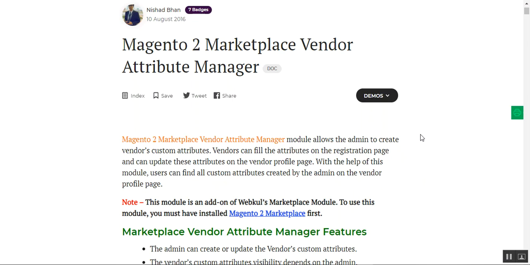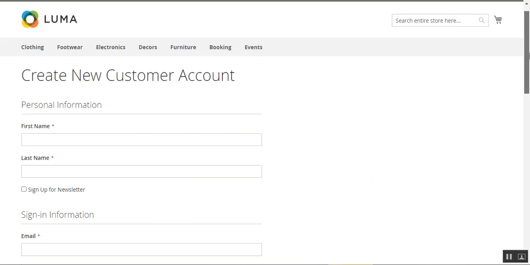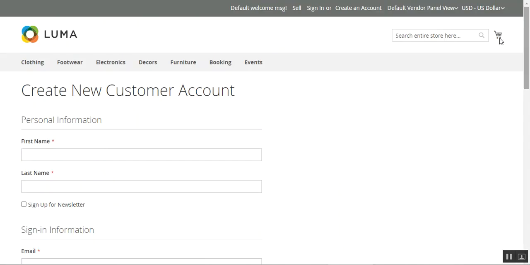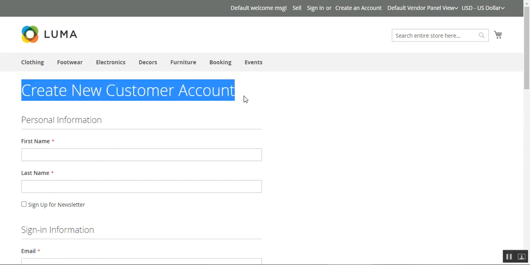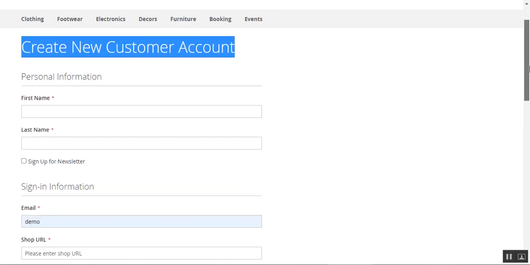So a customer, when he tends to become a marketplace seller, how can he enter the different custom data at the registration page of the Magento 2 multi-vendor marketplace by Webkul? For that, let's go to the Magento 2 multi-vendor marketplace web store front end. Right now I'm at the web store front end, as you can see, and we have not logged in or signed in to our account. So we are on the create new customer account section, and from here I'll show you what different custom attributes